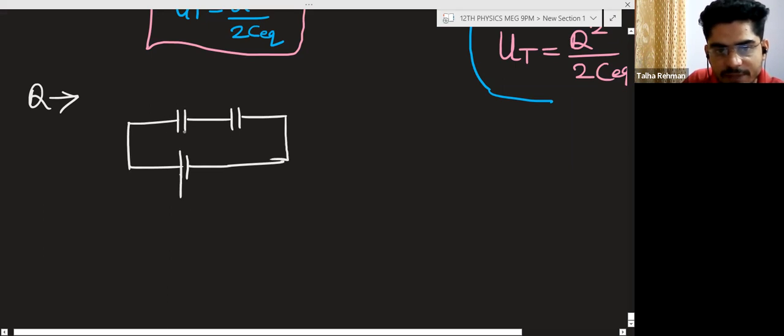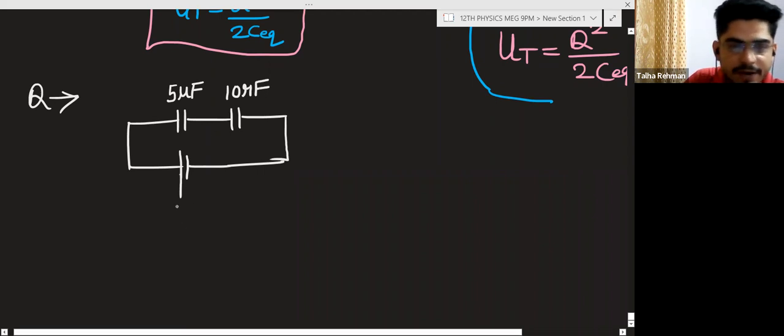On this wire this capacitor is connected, on the same wire this capacitor is connected, and the capacitance of this one is 5 microfarad, and this is 10 microfarad, and here a 10-volt battery is connected, and we have to calculate